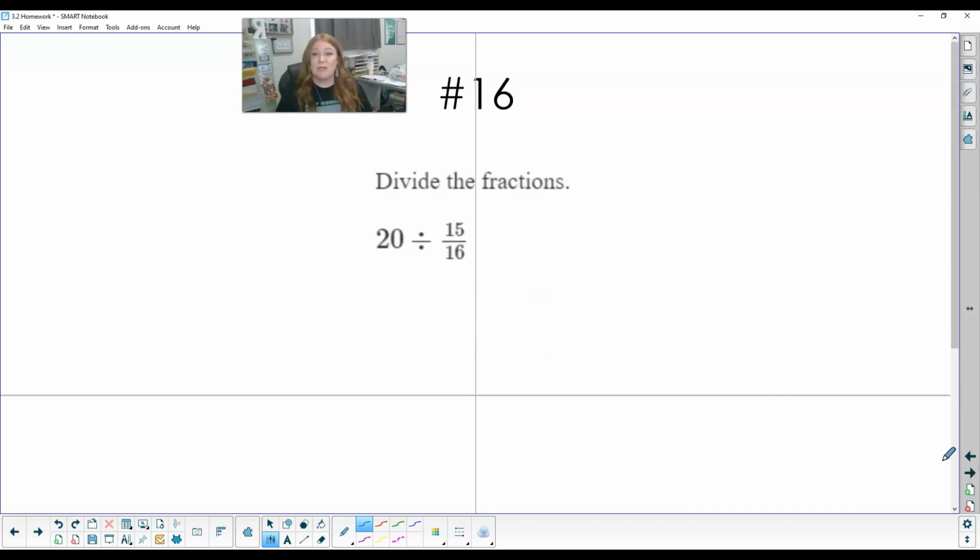All right, and the last one I'm going to do with you is number 16. So here we want to remember to put 20 over 1 and make it improper. And these are not going to give me nice factors, so I want to use the multiplicative inverse. Copy, dot, and flop. Now, 1's already simplified. I'm not going to get that any smaller. But I can make 20 and 15 divisible both by 5, which goes in there 3 times and 4 times. So now I just need to do 4 times 16 is 64